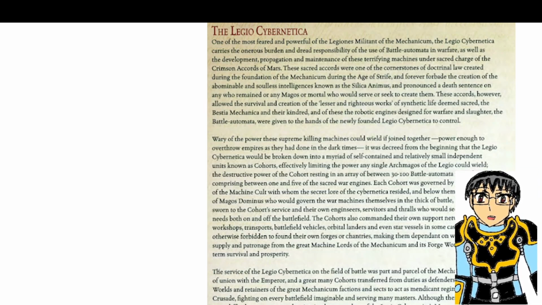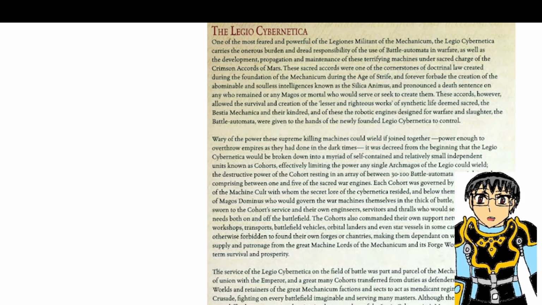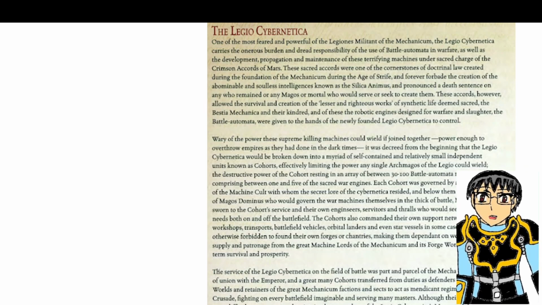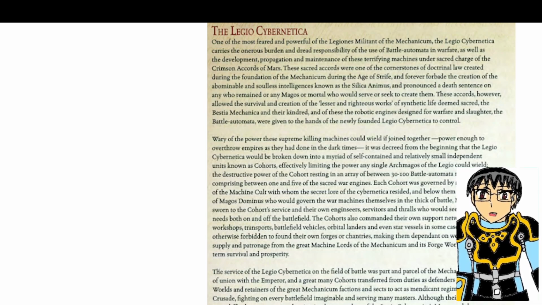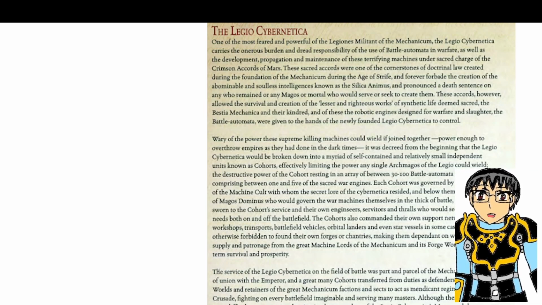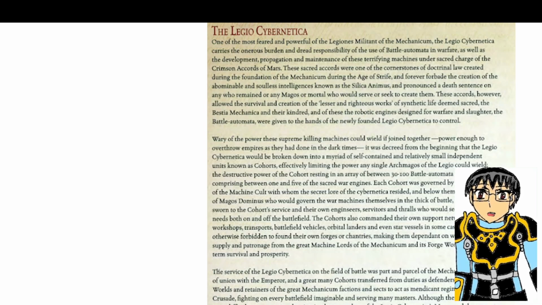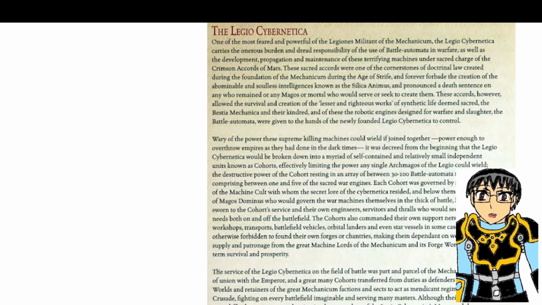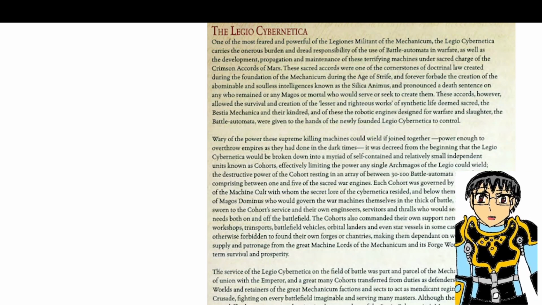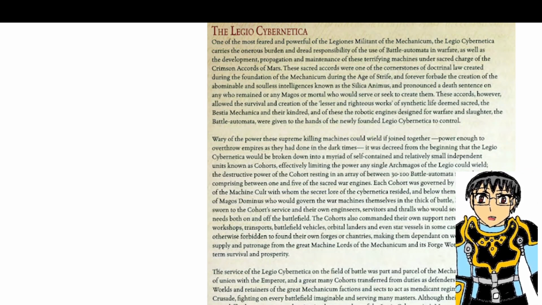Each cohort was governed by a senior tech priest of the machine cult, with whom the secret law of the Cybernetica resided, and below them a covenant of Magos Dominus who would govern the war machines themselves in the thick of battle. Myrmidons sworn to the cohort service, and their own engineers, servitors, and trolls would see to the cohort's needs, both on and off the battlefield. The cohorts also commanded their own support networks, mobile workshops, transports, battlefield vehicles, orbital landers, and even star vessels in some cases,